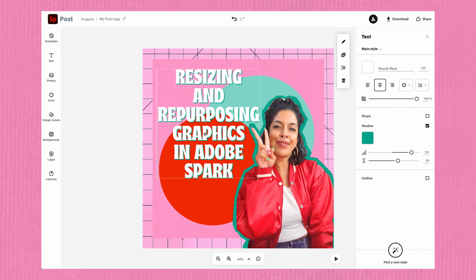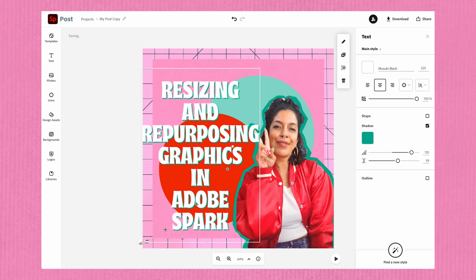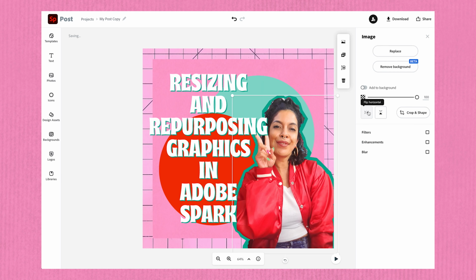On a desktop, most of your tools are located on the right or left-hand side of your workspace. Once I've selected a square tile to resize to, it's just a matter of adjusting my graphics, text, and background to fit the new size. This took me literally around 1.5 minutes to do, so quick.